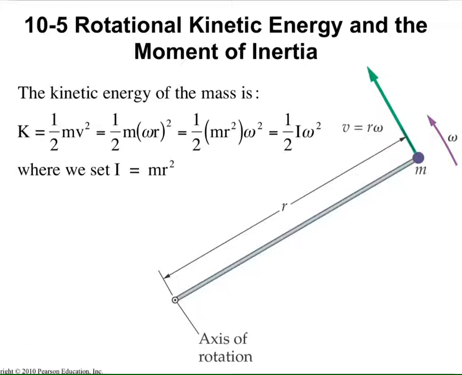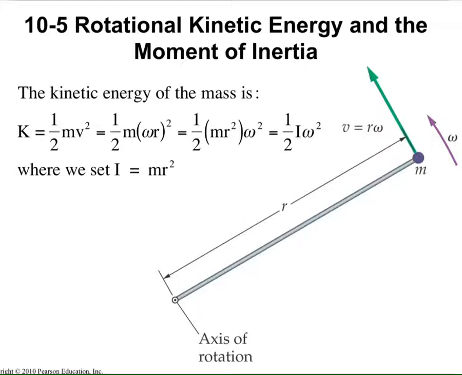One is rotational kinetic energy. This is because of only rotation of the wheel. And the other is the wheel itself moves, okay, with some linear speed. So we have first